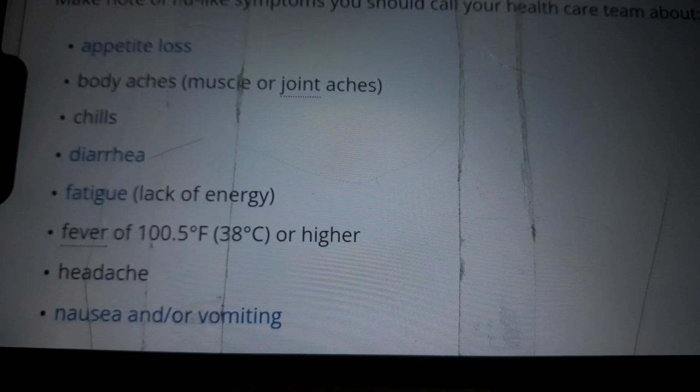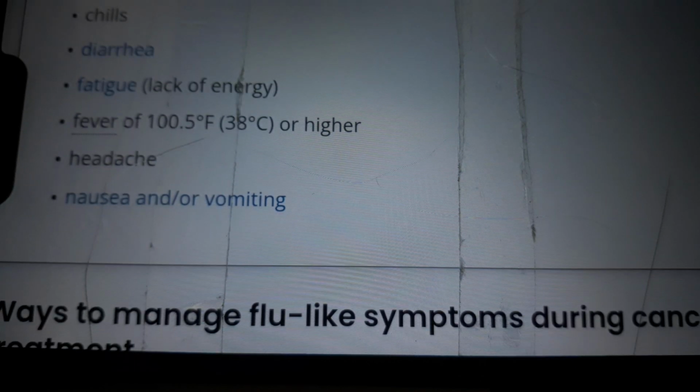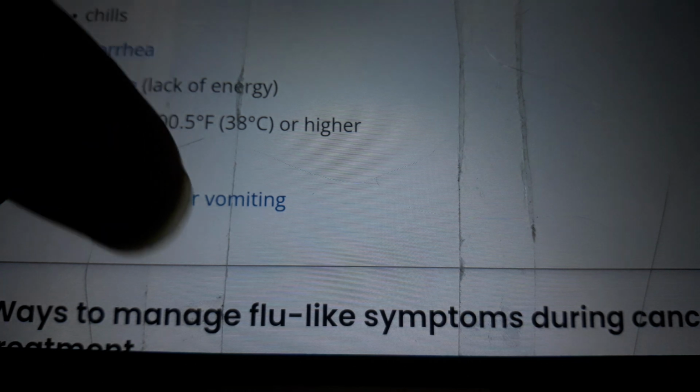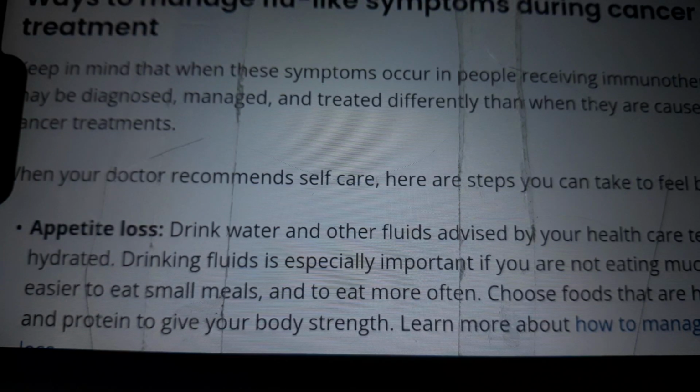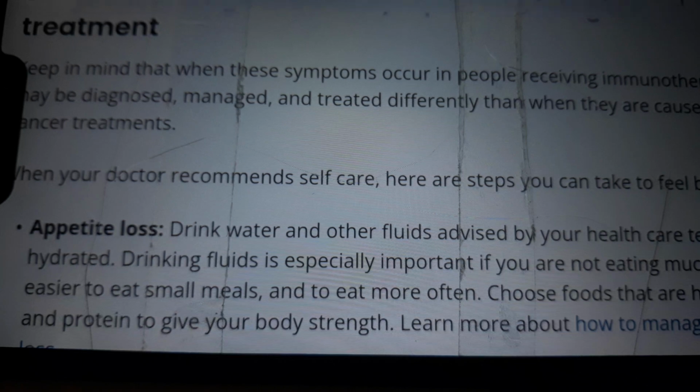Many flu-like symptoms you should call the team about: appetite loss, body aches, muscle or joint pain, chills, diarrhea, fatigue, fever of 100.5, 38 degrees centigrade or higher, headache, and nausea and vomiting. What are ways to manage flu-like symptoms during cancer treatment? Just going back